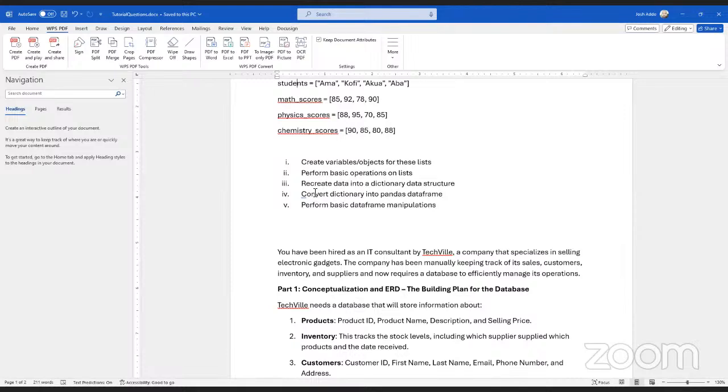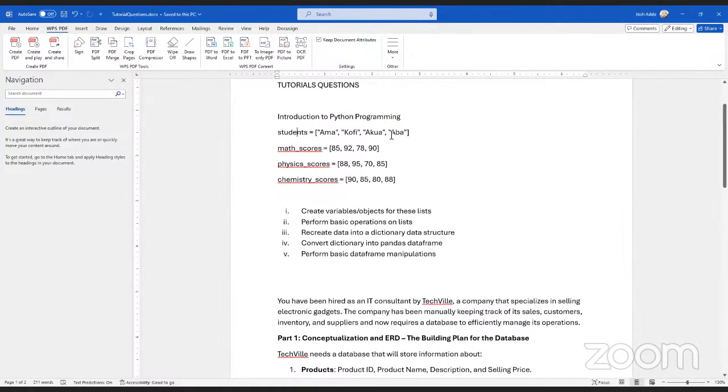The dictionary doesn't have it. So we always transition into a higher-level data structure, which provides us complex and powerful structures, methods, and functions to manipulate data. And that's the pandas data frame.